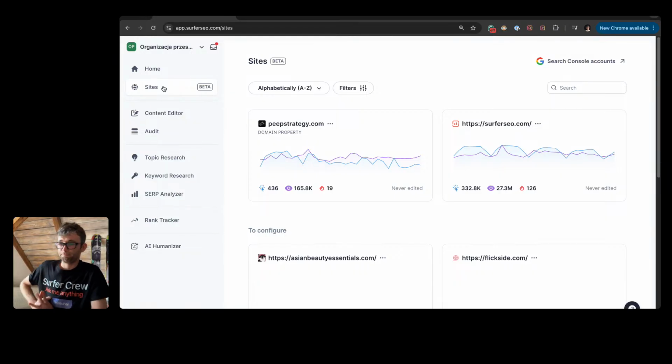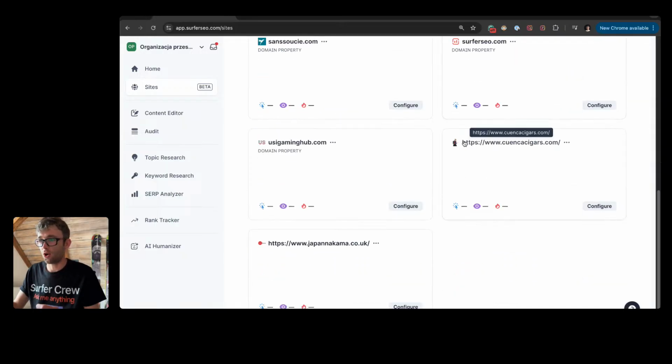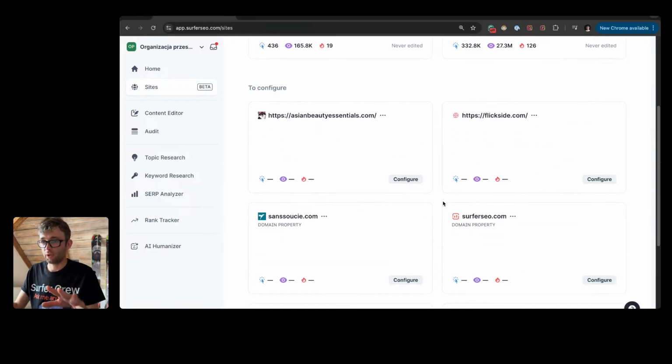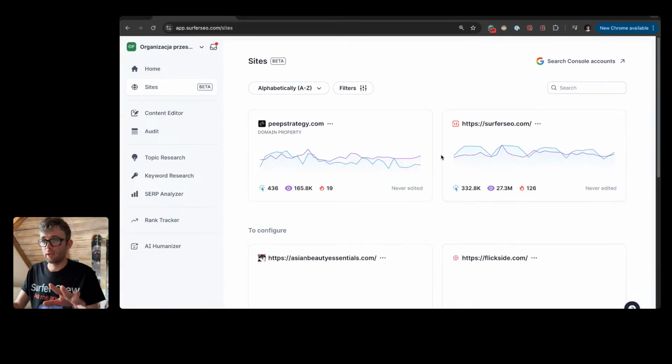What is this? What is the Sites feature? Sites is a merge of content audit and topical map. It is the place where you connect Search Console, and these are my pages I've got inside. So this is a place where you connect the Search Console account, and based on that,